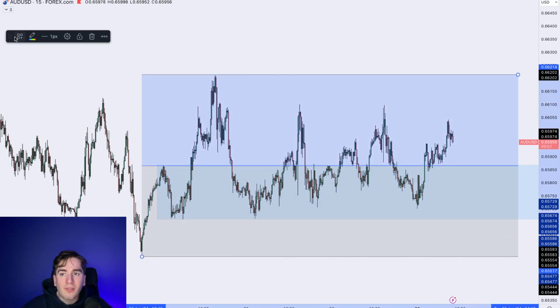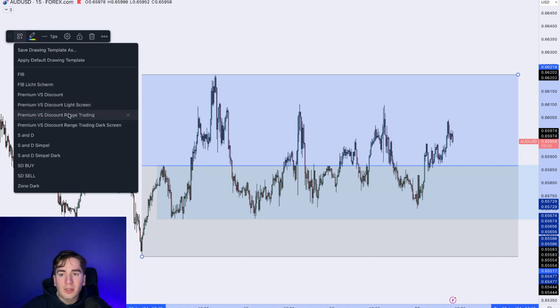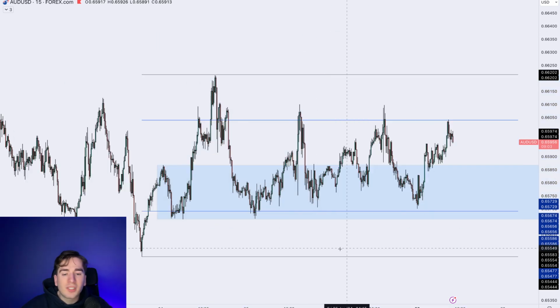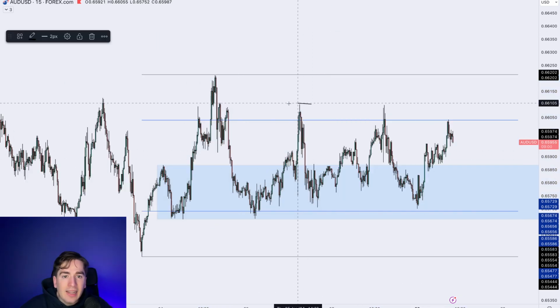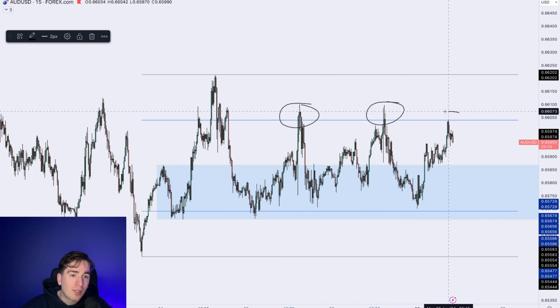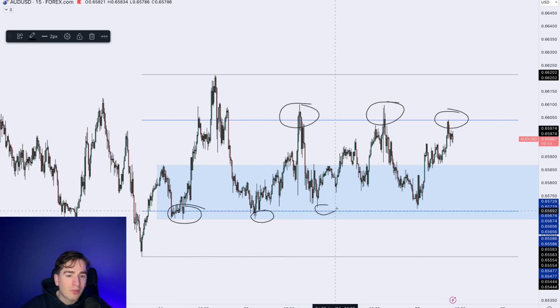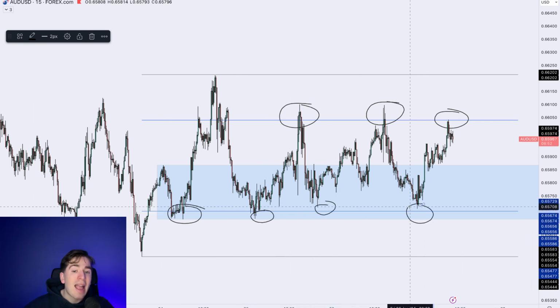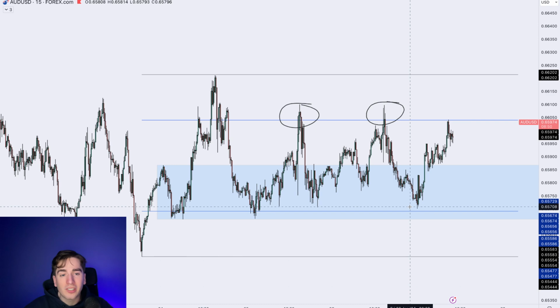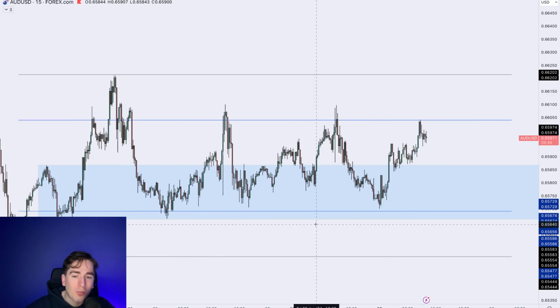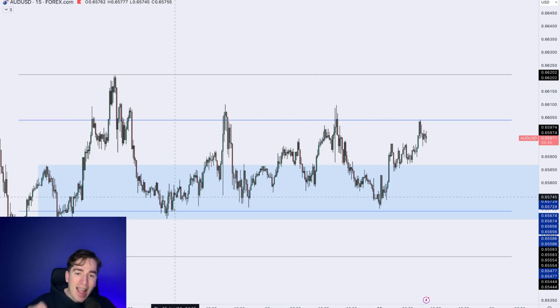But if we now draw in the 15-minute overall, what we can do is draw in the range trading tool, and then once again you can perfectly see the 75% mark, 75% mark, 75% mark, 25% mark, 25% mark, 25% mark, with the 25% and 75% marks acting as your areas of support and resistance. So if you want a very easy strategy, just wait for bullish confirmation on that 25% mark and bearish confirmation